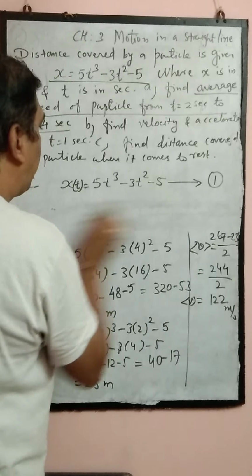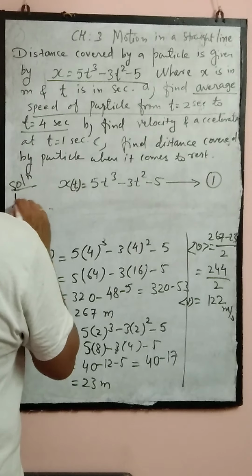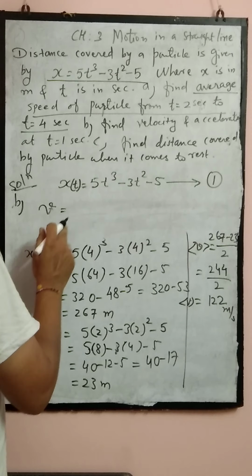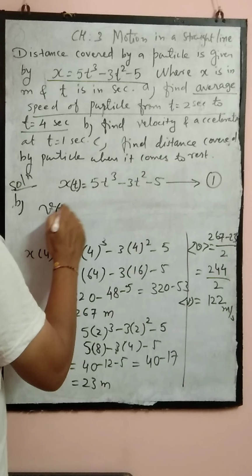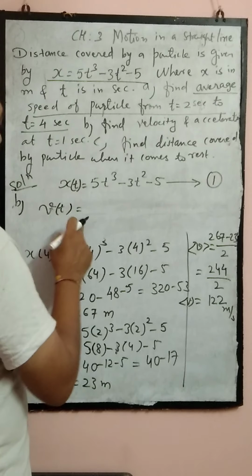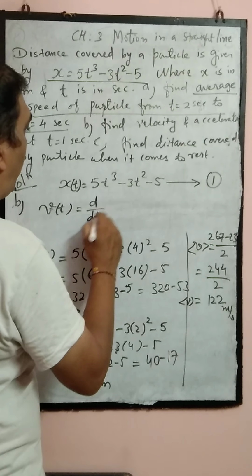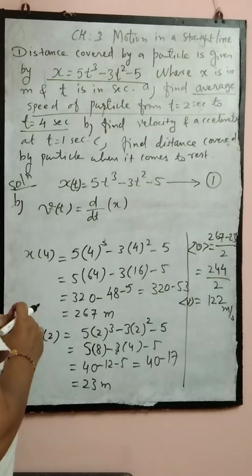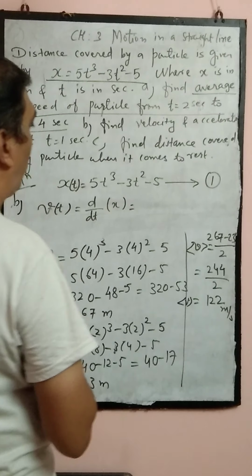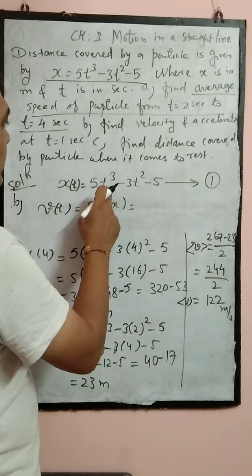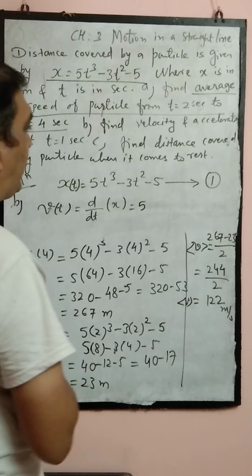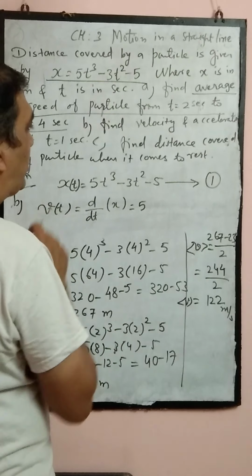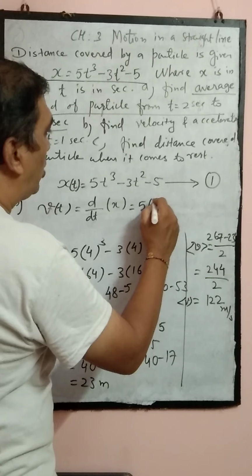So here, if we differentiate this equation 1 to solve question number B, that is V equal to, now obviously V also will vary with time, so V is a function of time. So V is equal to d/dt of x(t), right? If you want to write, you can write x as a function of time. This is equal to what? Now differentiation of x, that means 5 coefficient as it is, t cube, what will it become? 3t square. The 3 is to be multiplied, and the power is to be decreased by 1, that is the general formula.